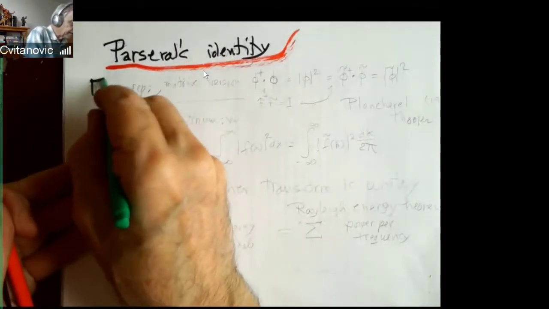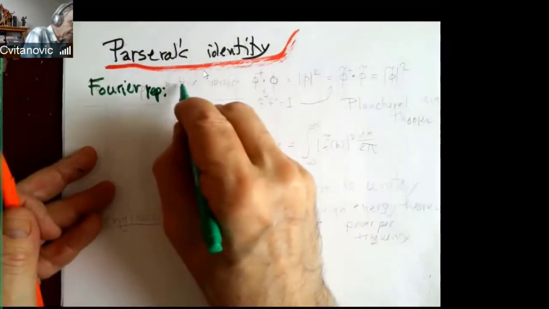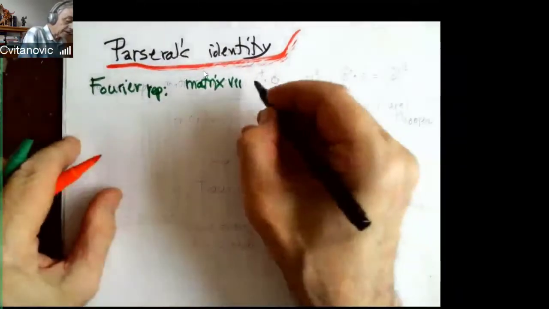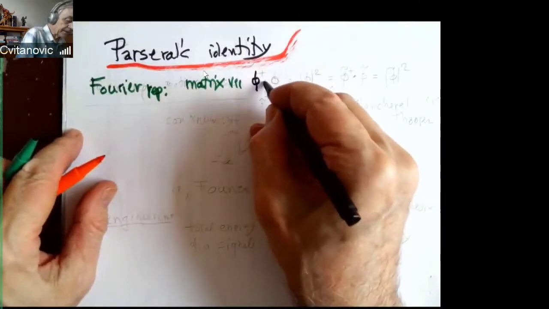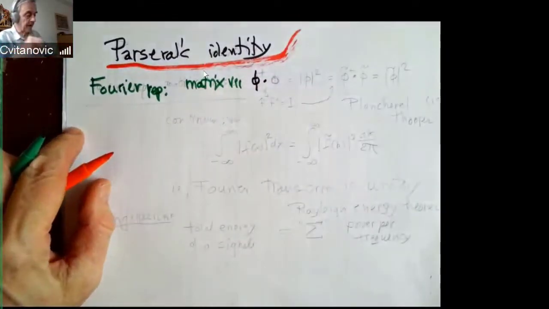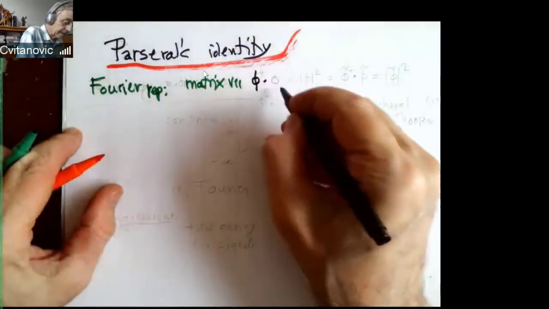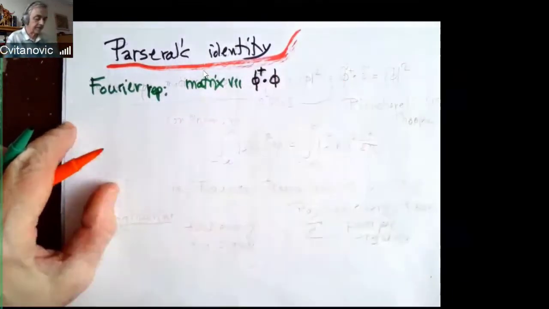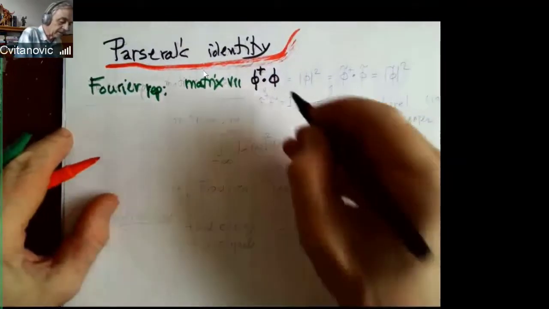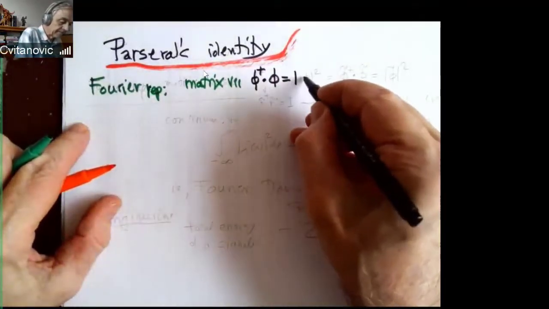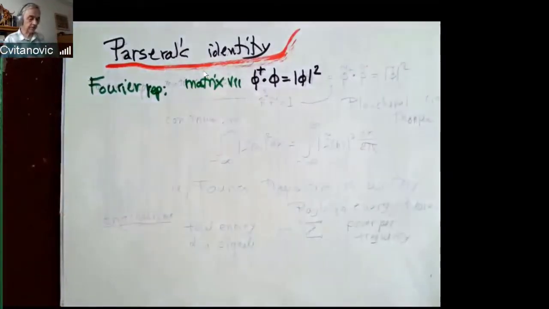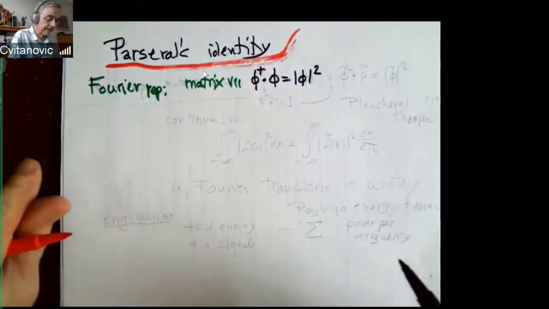In Fourier representation, meaning a finite number of points, we have a matrix version of this identity. If I look at the complex field over d points on a necklace, and I take it as a vector multiplied by its Hermitian conjugate, that's called the absolute magnitude of the thing squared.